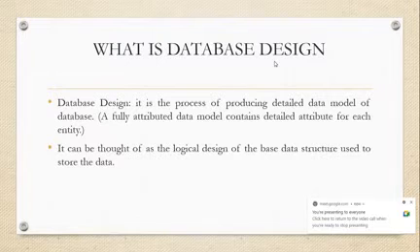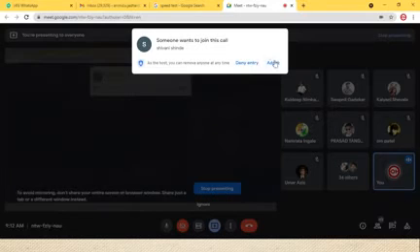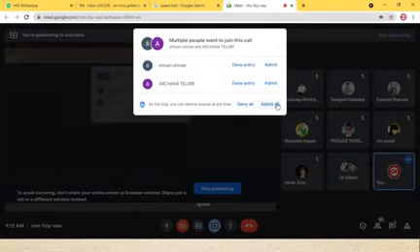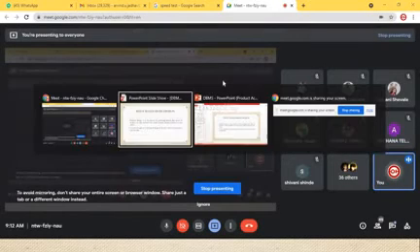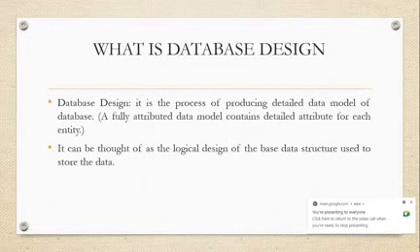When we think about a university, what tables are available to create the data? When we think about a hospital, in that section we also discuss what attributes are available to store the data. So we need to understand this concept, and according to that we need to work while creating the database design. Make a note of that.